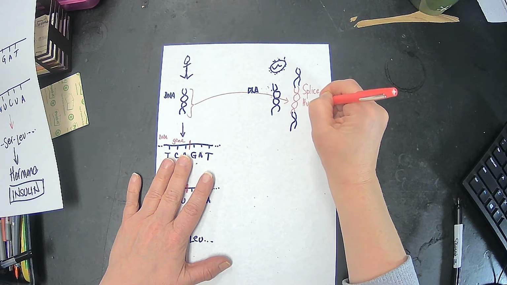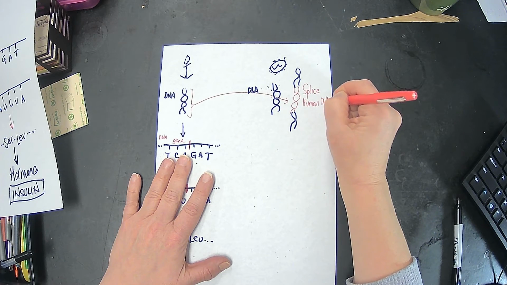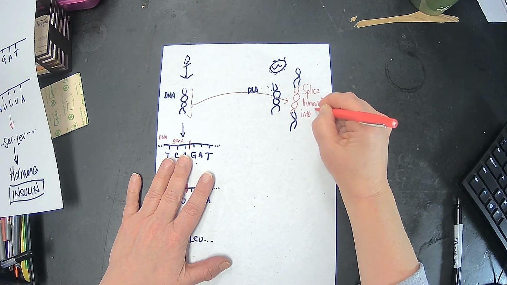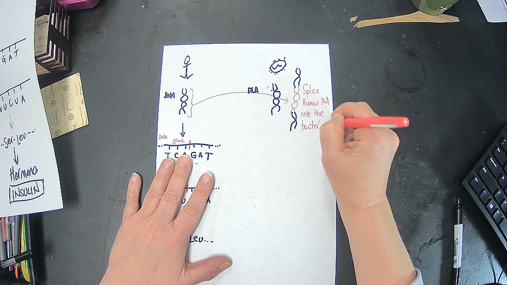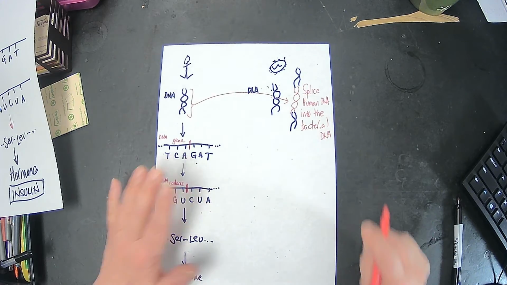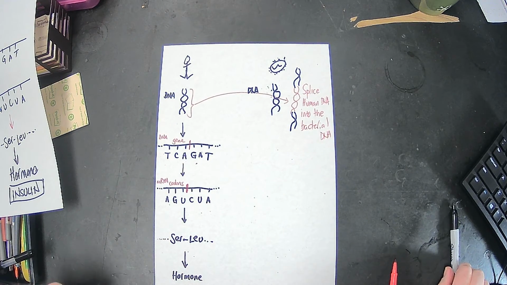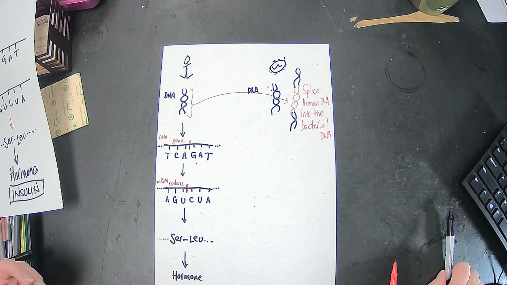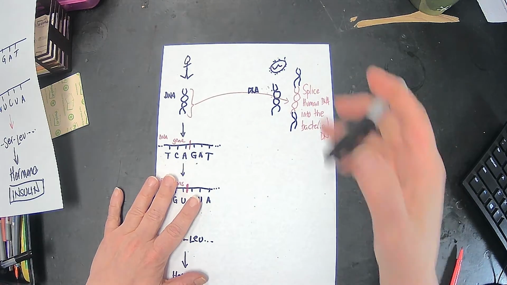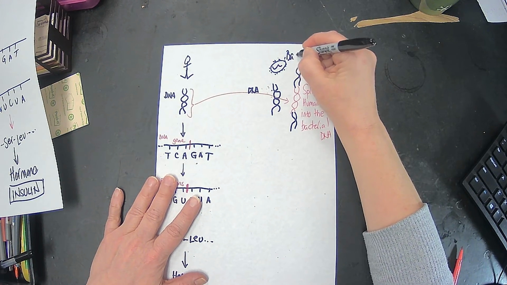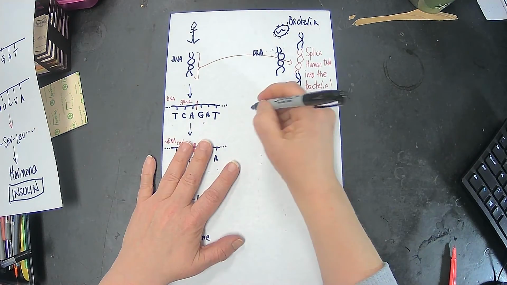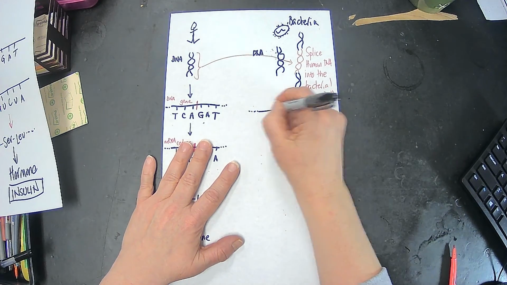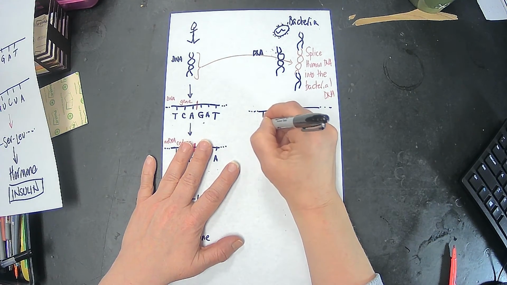What I'm going to do is splice human DNA into the bacterial DNA. Because the components that make up the genetic code are common to all organisms, the bacteria does not even realize that it's got a section of DNA that doesn't belong to it. So when you look at that DNA,